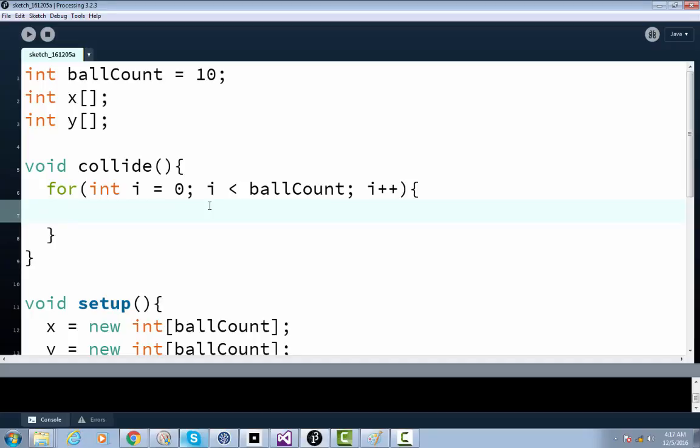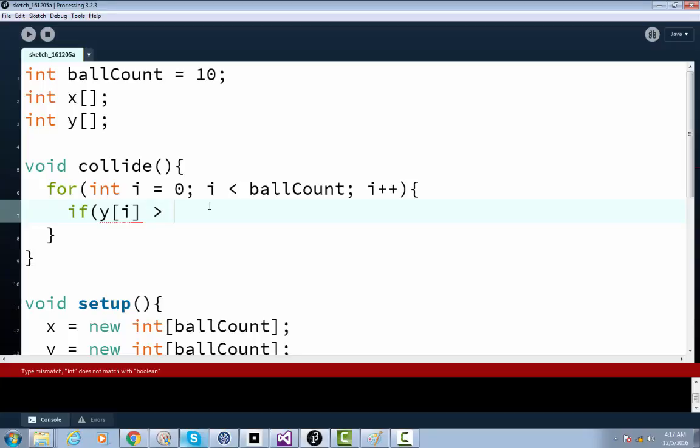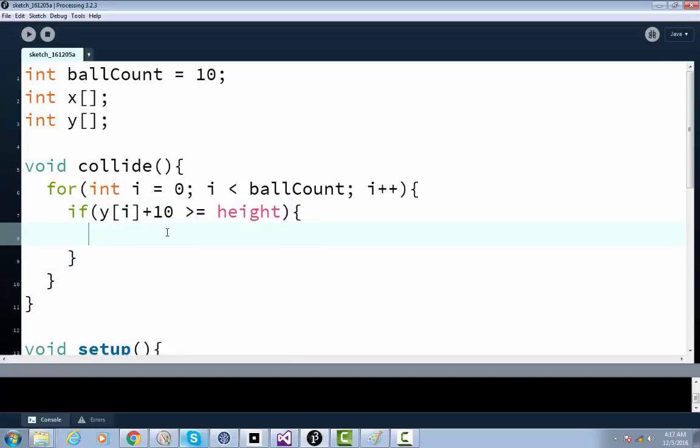And in here, what we're going to do is say if y at the index of i is less than, is it less than or greater than? No, greater than or equal to. Actually we're going to say plus 10, because that's the bottom of our ball, is greater than or equal to the bottom part of our window, so height. Remember I mentioned in the previous tutorial that height basically means it's the same value as the bottom of our window. So if that is true,